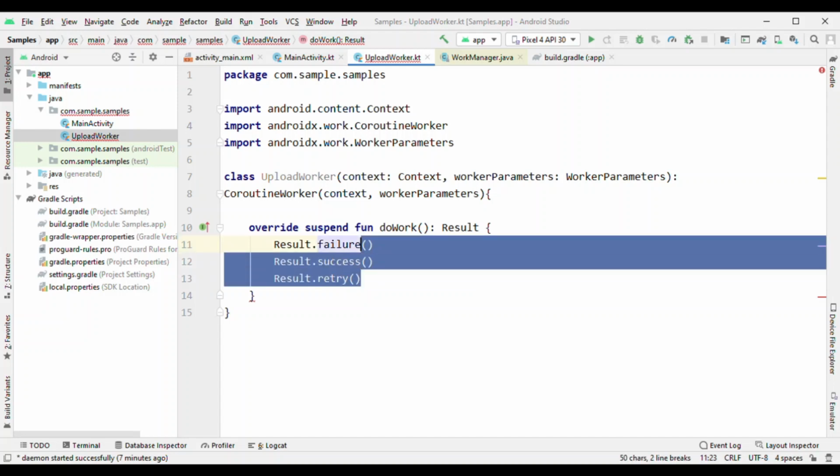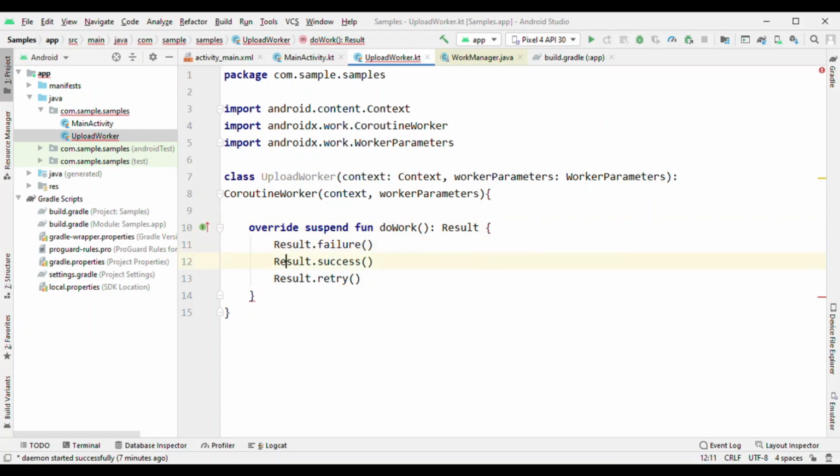Based on what you define here, it understands whether the execution ended up with a failure, success or retry. Inside this, you can also pass contents